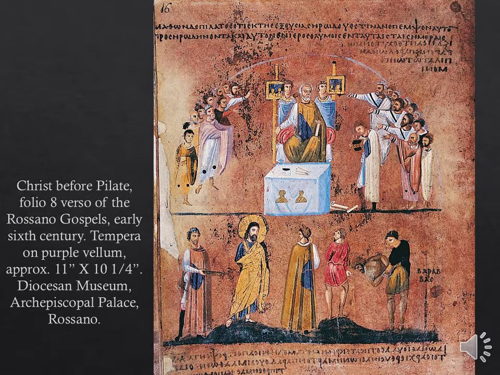Here's another example of a 6th century gospel being illuminated. This is telling the story of Christ before Pontius Pilate and his judgment, which will eventually lead to his death, to his crucifixion. We see Pilate enthroned at the top as he's passing judgment, and then in the bottom register we see Jesus. He's easy to pick out because he's wearing the golden robes and has a large halo. And this may be the first time we've seen Jesus represented with a beard, actually, in this piece. It's a little bit unusual for this time period.